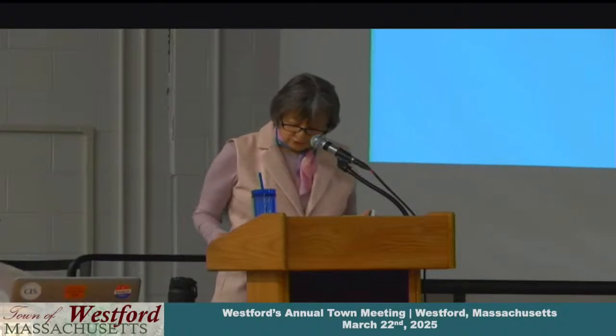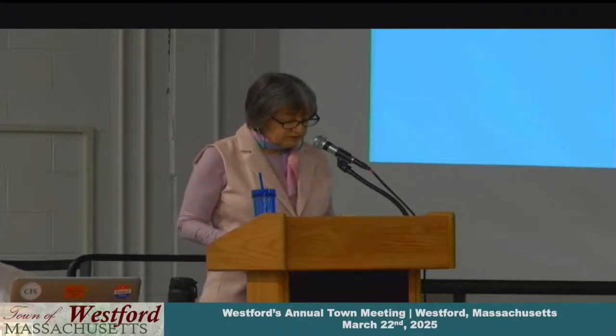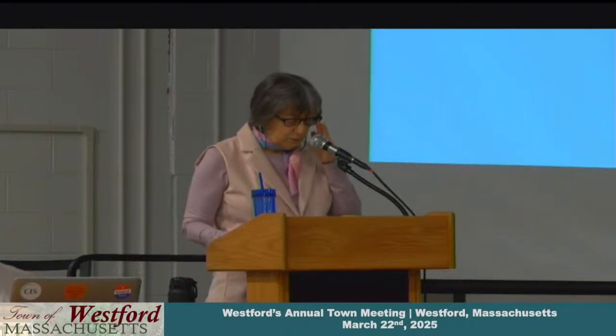Again, your voting clicker only works in this room. You must be in this room in order to vote. To vote using your clicker, when I say the voting is open, you must wait until I say the voting is open. When you hear me say those words, you can press either the green 1A button to vote yes, or the red 2B button to vote no, and then look for the OK in the LED screen. None of the other buttons on your clicker work.